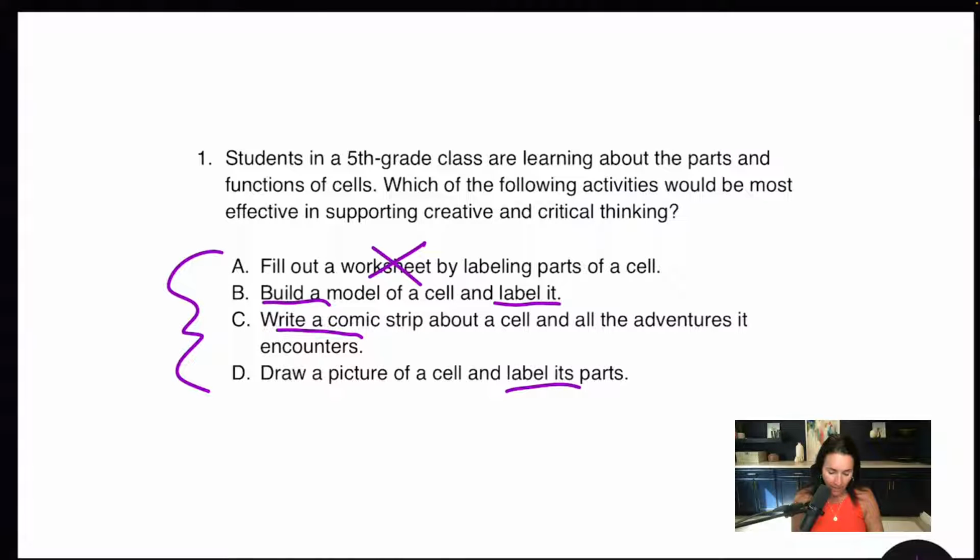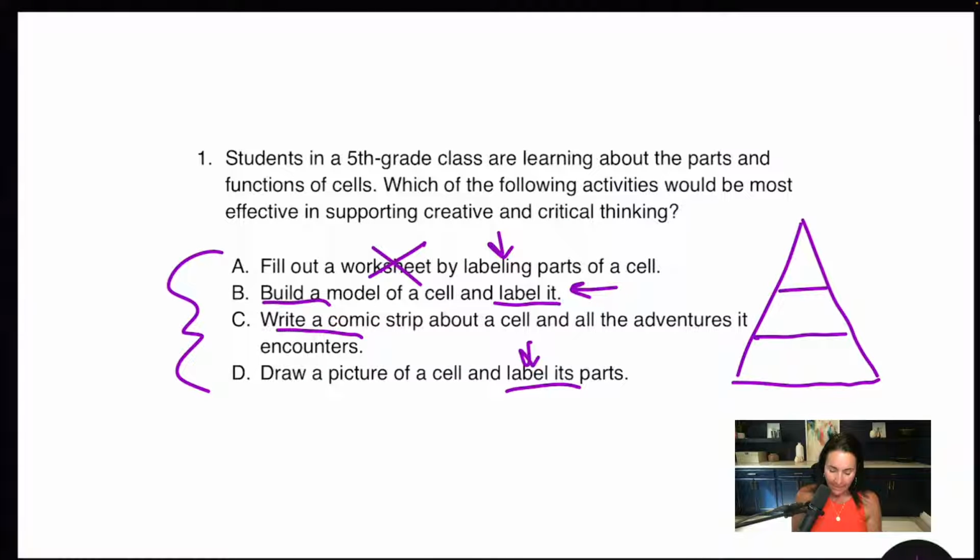All right. Notice here I have label, label, label. All the same skills. This is me thinking like a test maker, not a test taker. Labeling is identifying. It's a low-level skill. In the book, you will see that I have a Bloom's taxonomy. I'm going to be really bad at drawing here. I have a Bloom's taxonomy, and at the bottom of the Bloom's taxonomy is identify. Identify is a low-level skill, and that's what labeling is. Whether it's a worksheet, whether